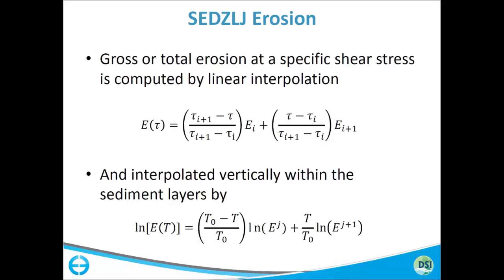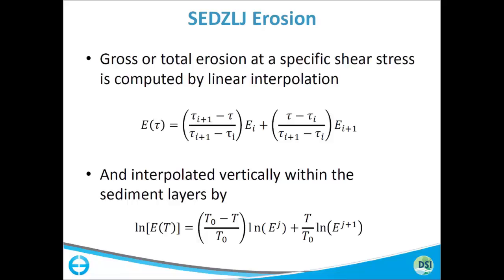Vertically, I have a depth. I'm at this location in my core profile, or my vertical profile. I have measured data that I measured up here. I have measured data that I have measured down here. But what happens in between? The decision, based on all the data that has been analyzed over the years, the rate of change of your erosion rate with depth is a much faster change, and the decision was made to use a